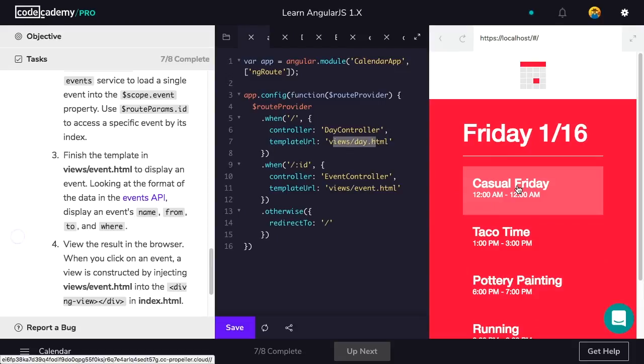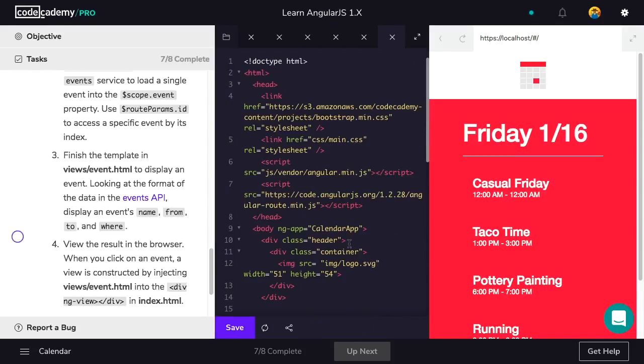And it's also in the process making sure that this is an A tag linking to basically a URL of the ID of this event. Now, because we set up this route, that's basically a dynamic route looking for that particular ID, we know exactly which event we need to populate this template URL data with. So we click on this one. This has an ID of 0. When we click on this, it injects this template URL, this view,